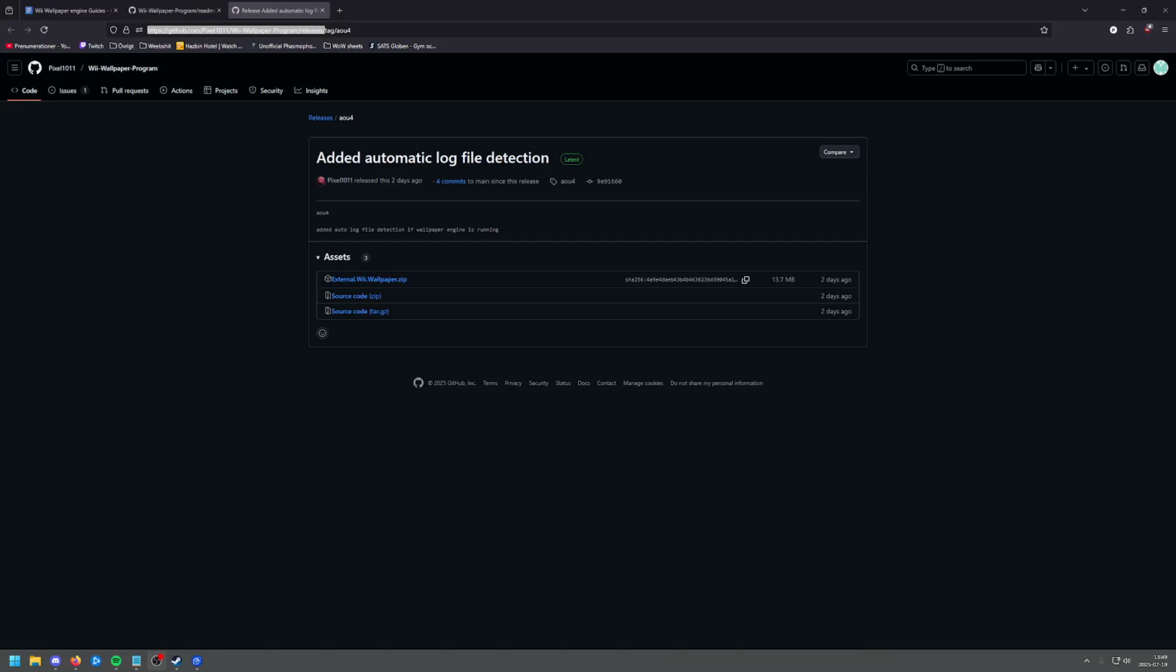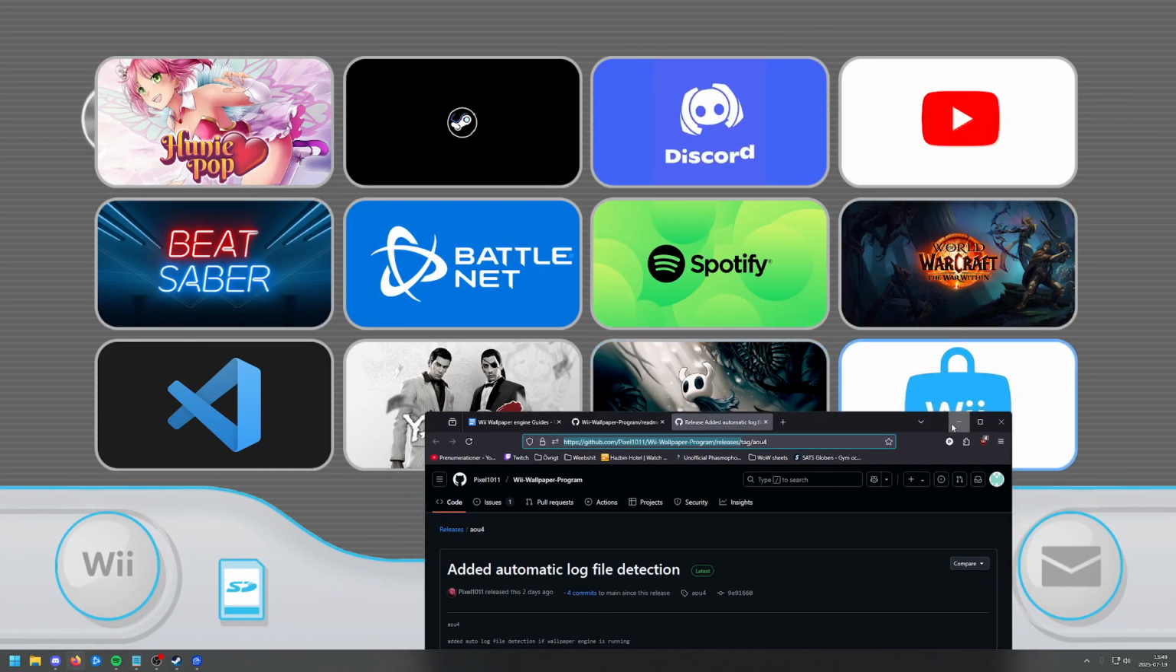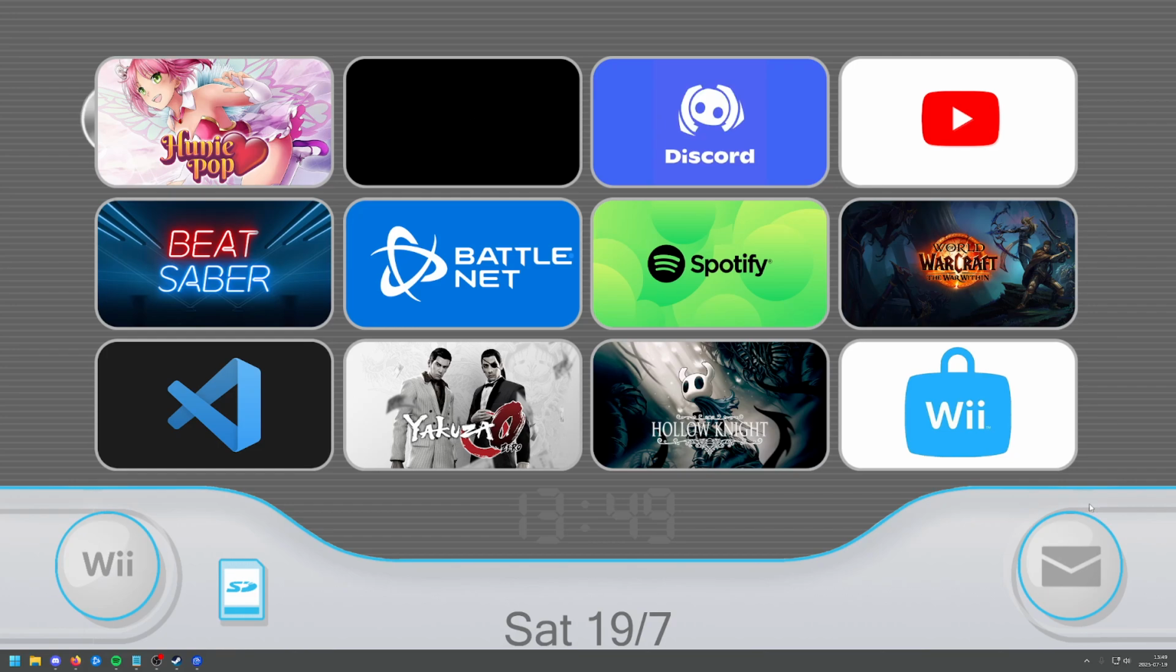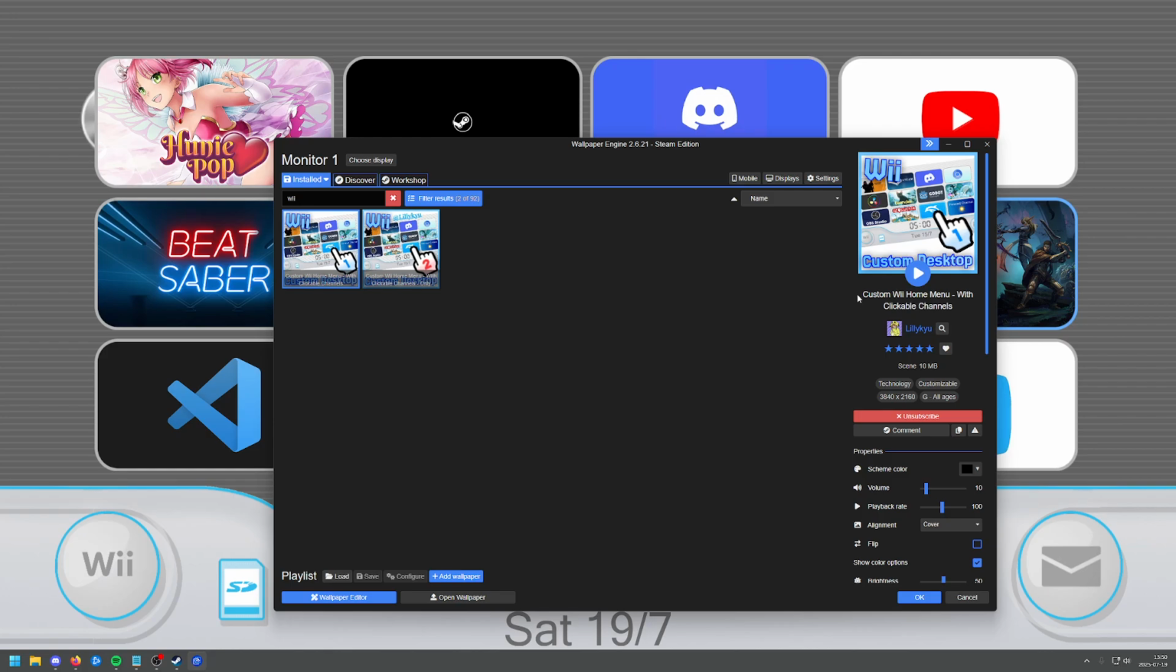Alrighty then, this is a guide to set up the Wii Wallpaper script that makes all of these nice little icons clickable. I'm assuming that you've already downloaded the wallpaper itself. If you haven't, it will be called the custom Wii home menu with clickable channels. There will be two different ones, but I would recommend the primary one from LittleQ because otherwise you don't know what you get. Anyway, make sure to subscribe to it, and while you're in here anyway, make sure that you